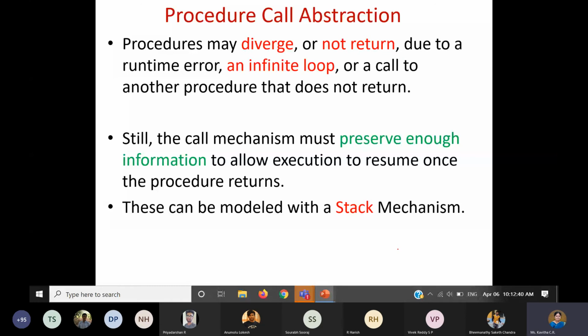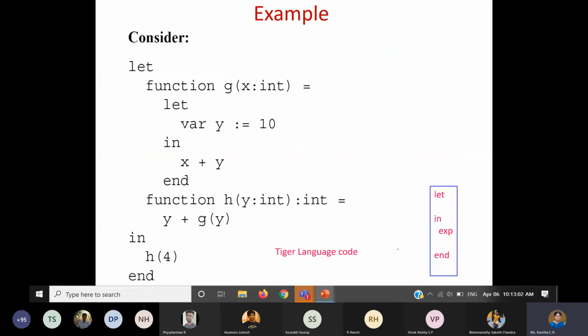That happens automatically due to the usage of the stack. That's why whenever we call a function, automatically the stack area is used, and it will maintain all the records and preserve them till you come out of the procedure. So that mechanism is what is helping us. Therefore, we can use the stack model.